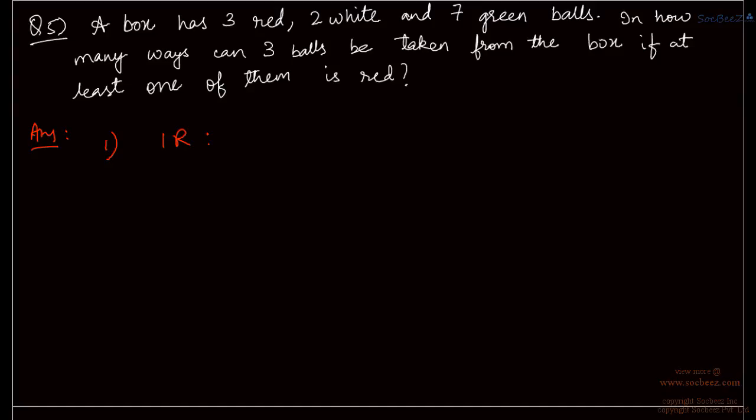We cannot choose from the other 2 remaining balls, right? So first of all, I can choose one red in 3C1 ways, right? There are 3 red balls for me. For counting purposes, we'll have to consider all of them separately. So I choose my red in 3C1 ways, and now I choose the remaining balls. Now there are 9 different balls, and 2 I have to choose, which can be done in 9C2 ways. Right? So this is 3 into 9C2, which is 9 into 8 by 2, that is 36. So 3 into 36, which is 108. Right? So this is just for the first case that there is one red ball.